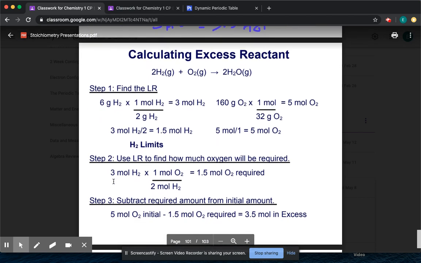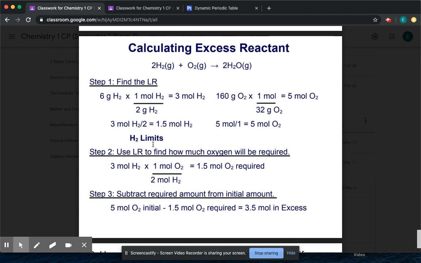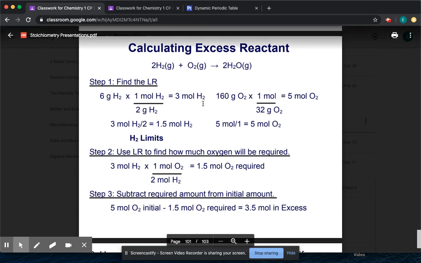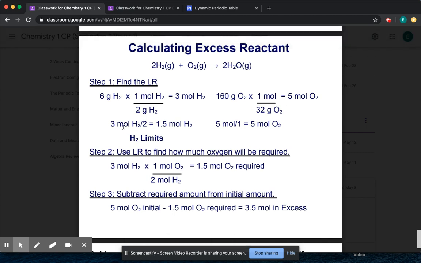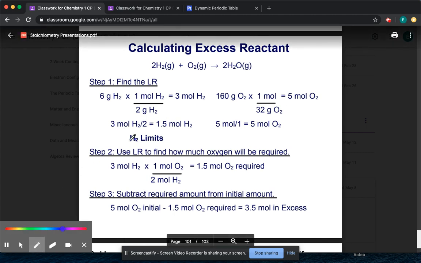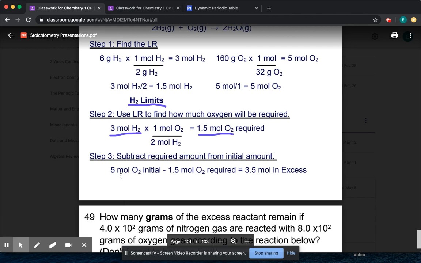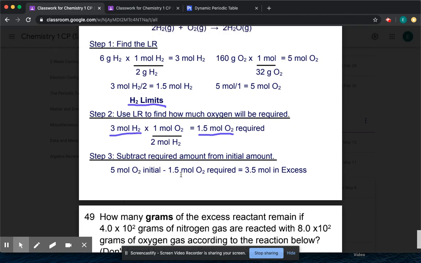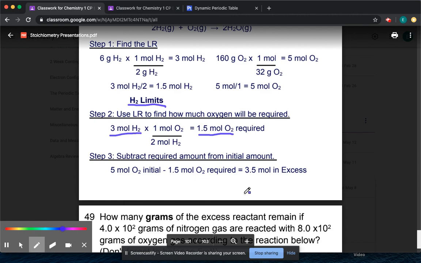Okay? So again, let's go through the work. Step 1, they convert everything to moles like we did. Step 2, find which one is limiting. They found out that hydrogen is the one that limits. Step 3 is find out how much oxygen you're going to use up based on the limiting. Hydrogen is limiting, so you have to convert it. They do the calculation, they get 1.5, just like us. And then all you do is subtract how much oxygen you used up from how much you started with, and then you can figure out how much you'll have left over.